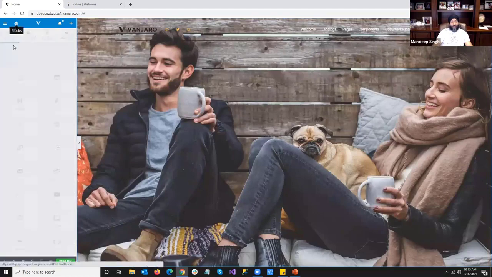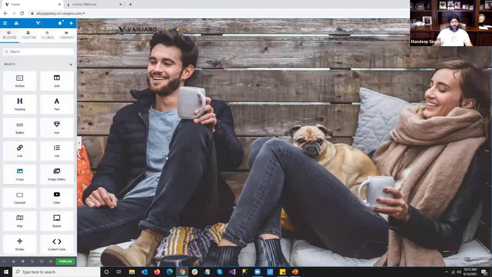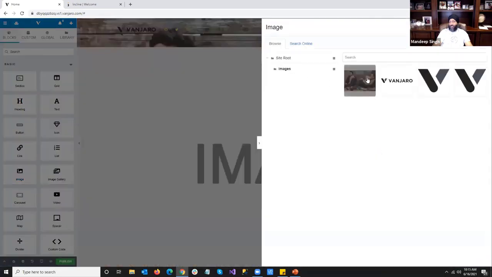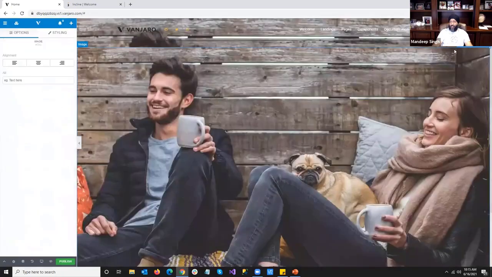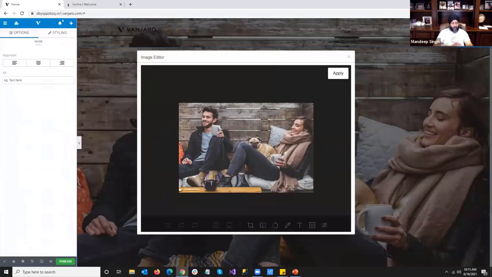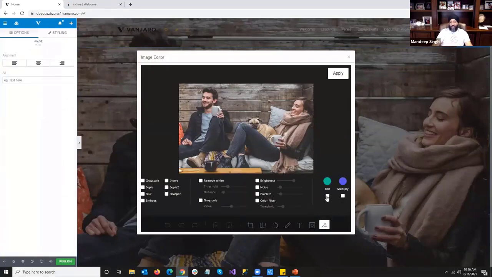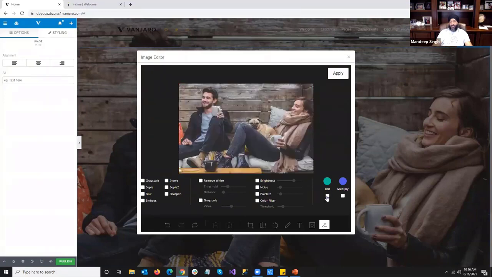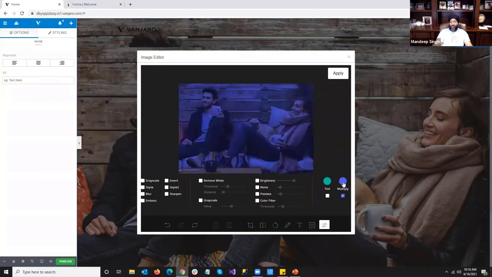So what I'm going to do right now is just simply drag an image anywhere on the page, choose the image that we just downloaded, which is already in our asset manager now. And I'm just going to click on it, and again, this is just a shortcut, get to the editor, and there's my editor. So I'm going to go to filters, and I can definitely add a tint to make this much more easy to work with. But instead, I'm going to go ahead and multiply this